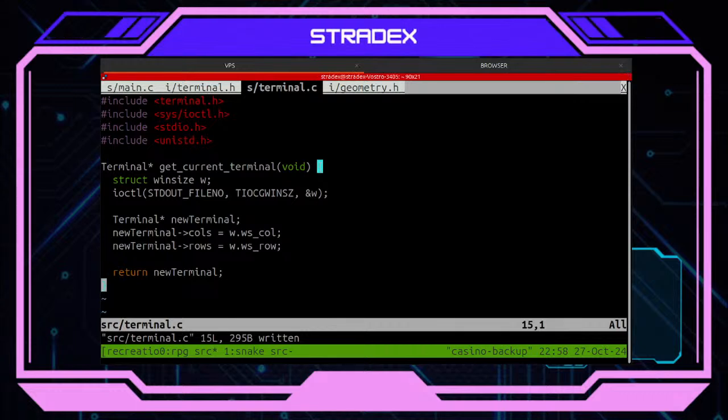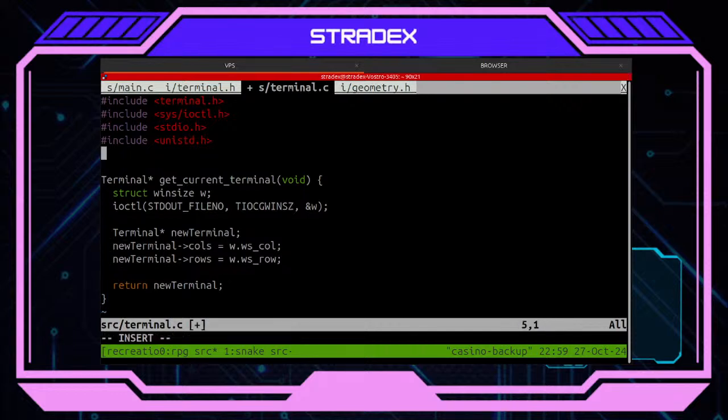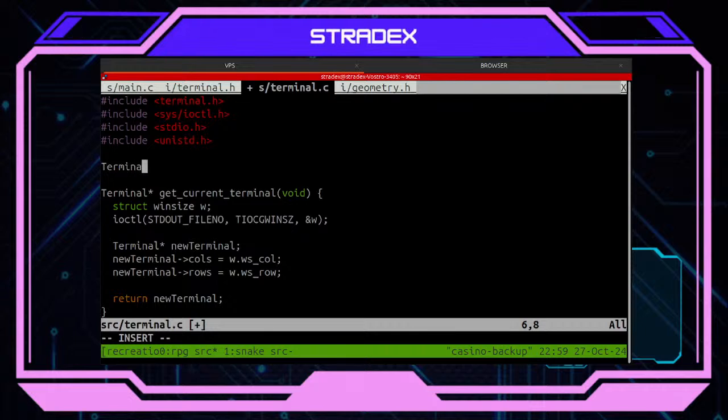This gets a current terminal, but what if I want to update the terminal size though? Well, I want to probably use some sort of update terminal. Let's probably call it a void. I don't like this, but if it works, it works.